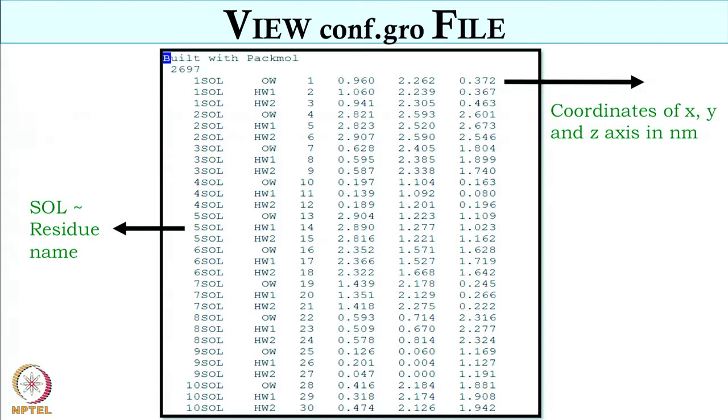And the last 3 columns on the right are the coordinates of the x, y, z axes in nanometers, for each site, for each atom. Now when we started, the first coordinate was 0, 0, 0 for oxygen and 2 hydrogens. Now these have all changed. So once you run PACKMOL, nothing remains at the original site. You may take any water molecule and calculate the length between oxygen and hydrogen 1, and oxygen and hydrogen 2. Make sure those bond distances are the same as the original one.